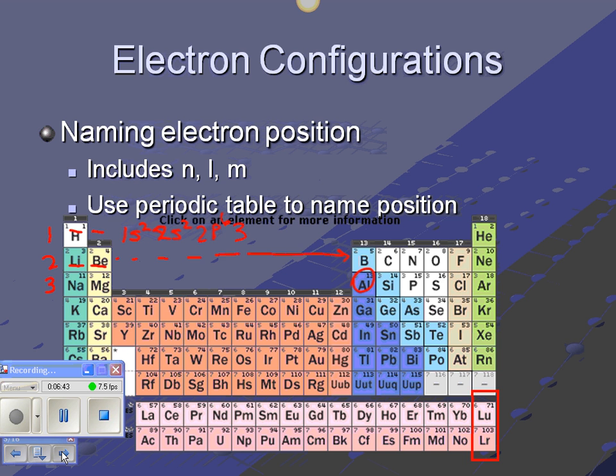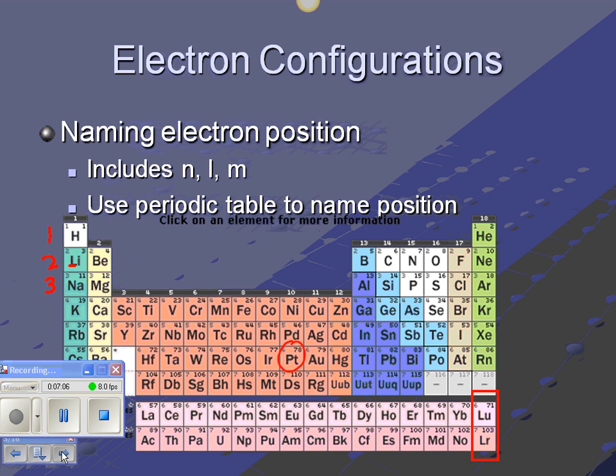I get to energy level 3. Energy level 3 has an S, has 2 of those, and I move over to element 13. That lives in, this is the 3p1 sublevel. Okay, so that's aluminum. Now let's take a look at a little bit more complex one, and we'll pick something, let's say,